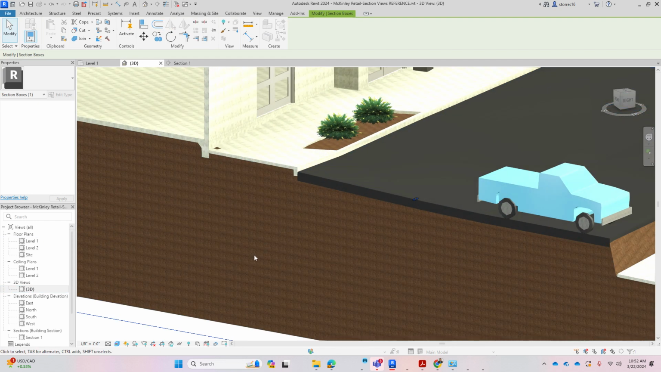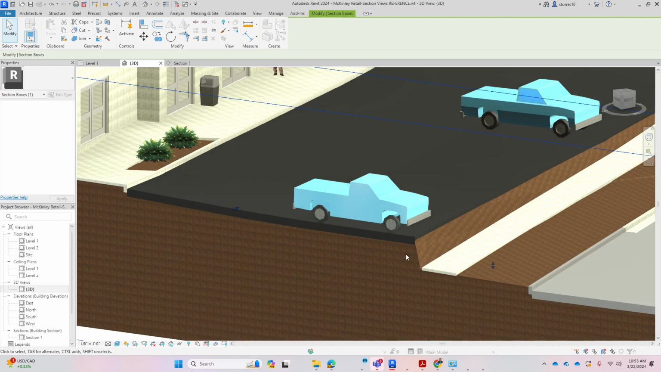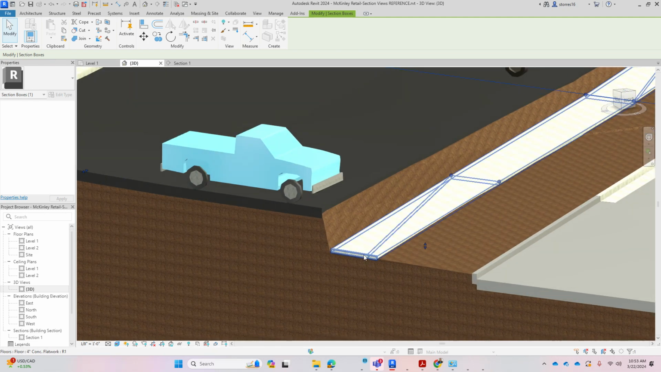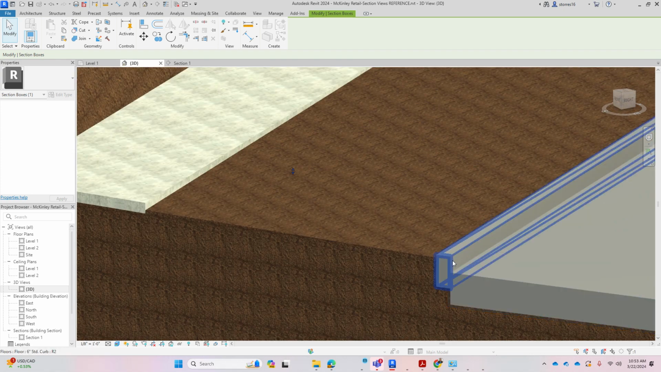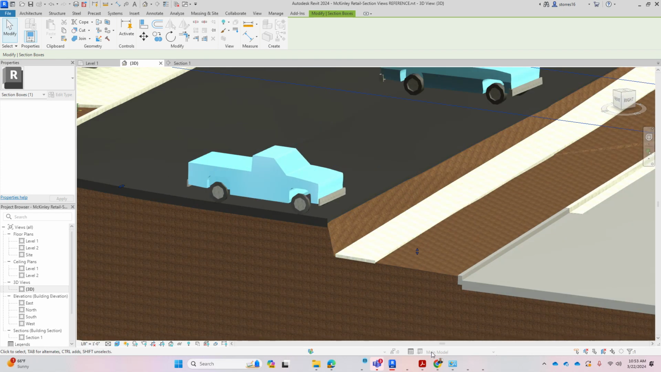So this is what I need to see: the footing of the building, the sidewalk, the curb, the pavement. Obviously not a truck, but nonetheless I put that there just for visual purposes. The sidewalk, the landscape area, the existing curb, the existing pavement. That curb and pavement exists